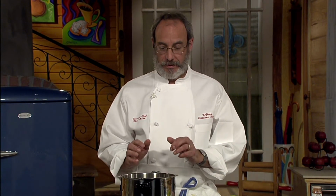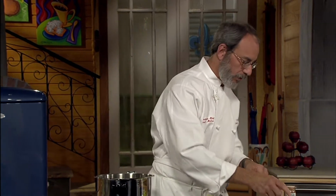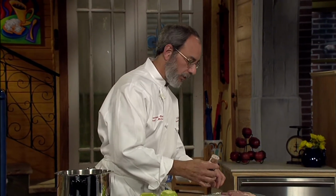Going to create a little magic here. We're going to cook a whole meal in one pot at one time. I know it doesn't sound possible, but it is. What we're going to do today is pork chops, broccoli, and a baked, stuffed apple, all at the same time. Okay, what we're going to do first is season the pork chops with a little pork